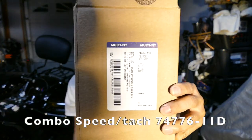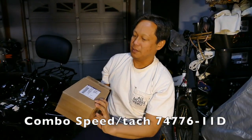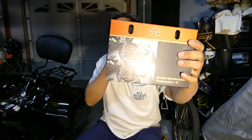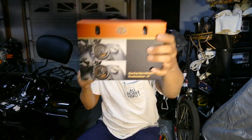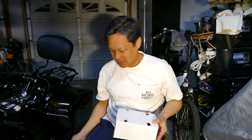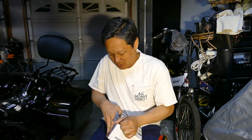Just got in a new speedometer. The combo speedometer, tachometer, which way it is. There it is. I got the one with a black dial. I'm opening it. Let's see. The black face with the